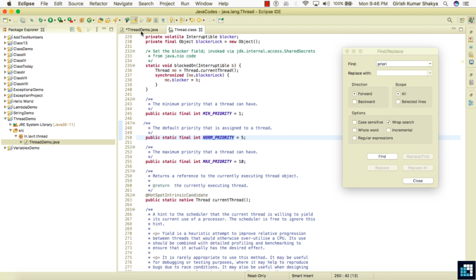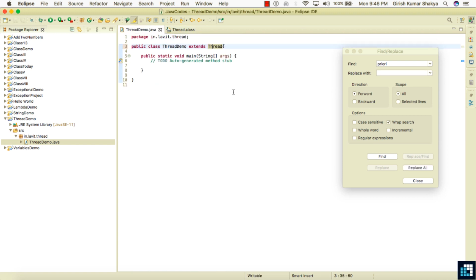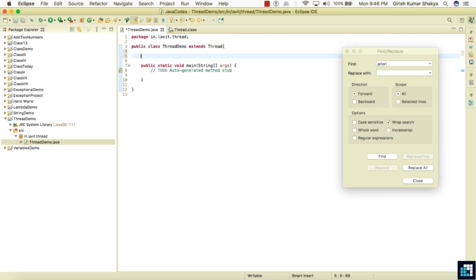Now let's say I want to run something inside a method, something that runs when the thread executes it. Let's say I write public void myThread.